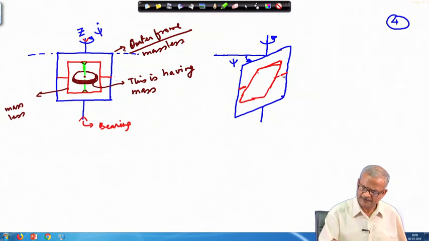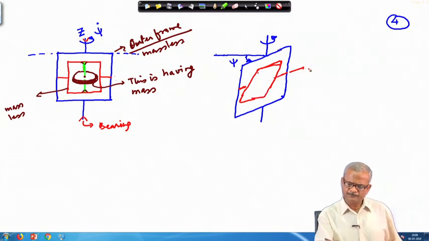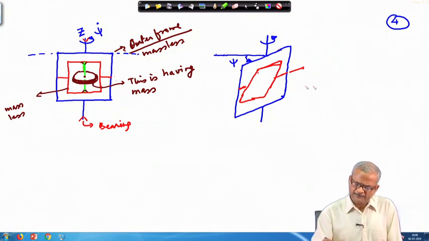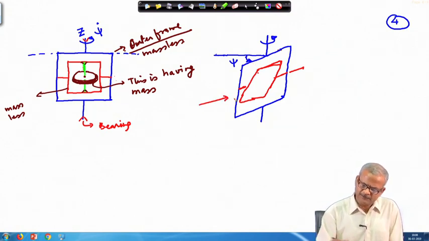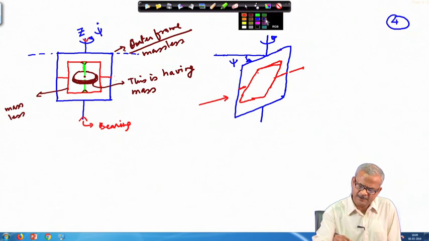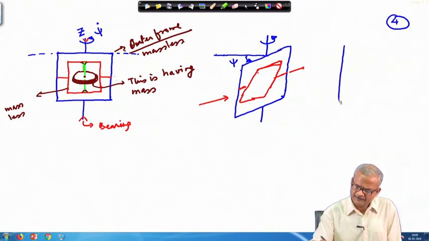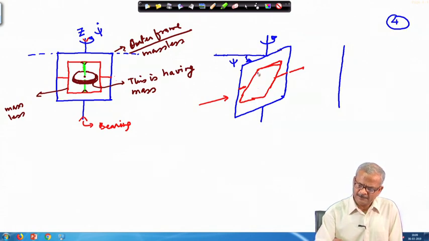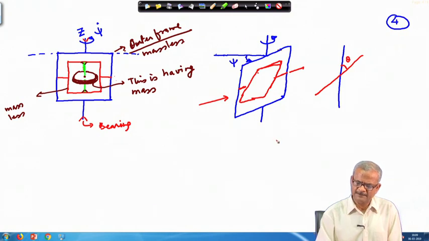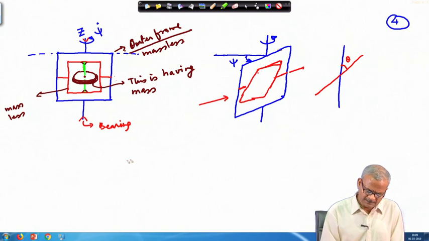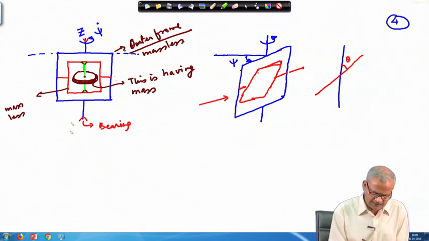So, now it has got inclined. Okay. If I look from the side, it appears like this. This frame, seen from the side, will appear as a straight line, and the red frame will appear inclined in this way, and this angle we show by theta, that it has rotated by theta. Okay.